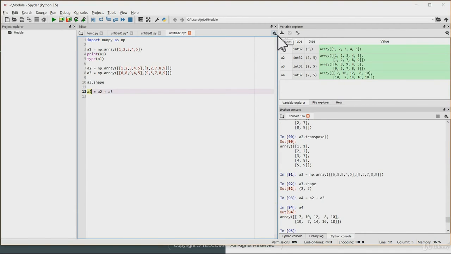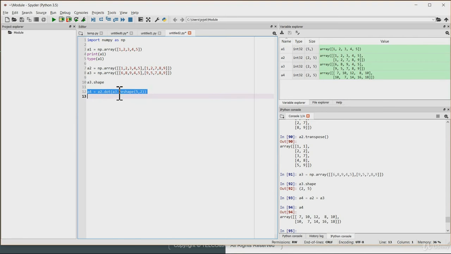You can also do a dot operation or the matrix multiplication. So for that you'll say A2 dot A3. Now the basic rule of matrix multiplication or array multiplication is the number of rows over here should be equal to the number of columns in this one. So let's just reshape this for the matrix multiplication to be possible. So A2 has 2 rows and 5 columns, and A3 also has 2 rows and 5 columns. We'll augment that into 5 into 2. So this resultant matrix will have 5 rows and 2 columns. And when we do a dot multiplication between the two, we'll have an end output with 2 rows and 2